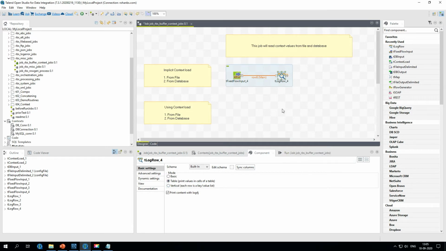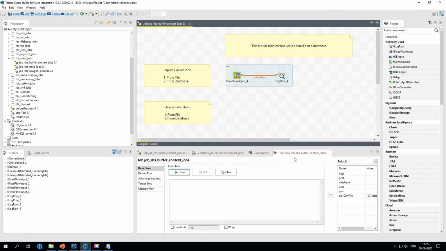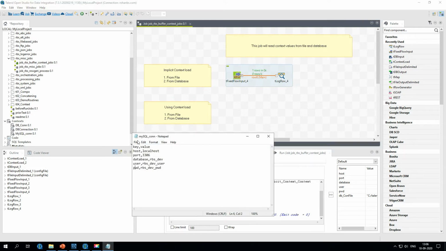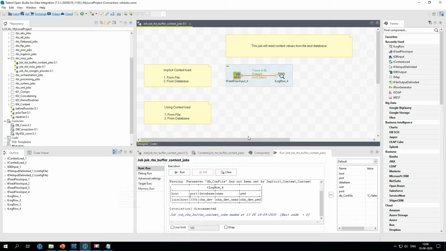All right, so now you can save the job and click on run. As you can see, our variables are printed, and the values for the corresponding variables are now also printed. All right, so let's do a quick change so that we can see how it works. Now I'll open up my property file and just type in some extra characters in the file, save it, and let's run the job again as is.